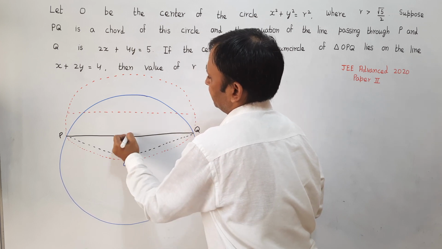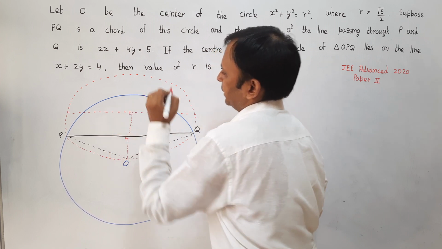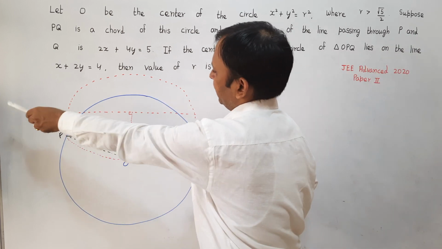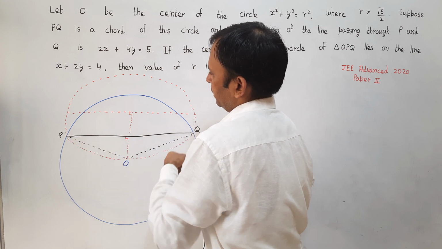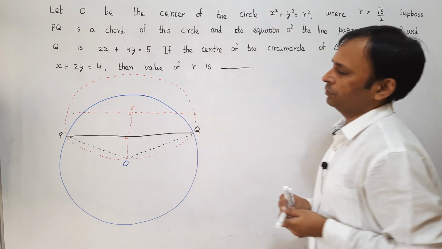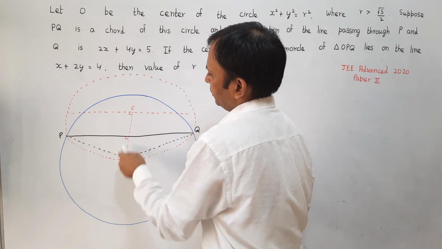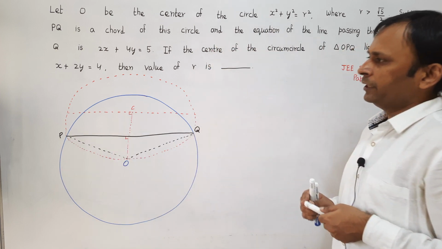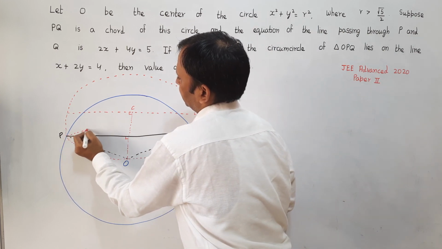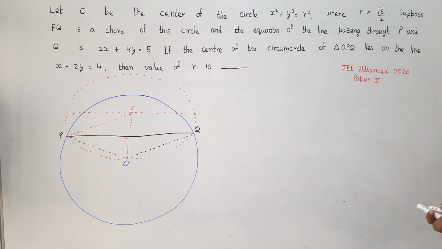And if I extend this perpendicular to here, so this and this, both these angles will be equal to 90 degree. Another important thing is, if I take this triangle OPQ and say this is the point C, which is the circumcenter of the triangle OPQ. If C is the circumcenter of the triangle OPQ, then the distance of this circumcenter from all the three vertices will be equal. That means the distance from C to O will be equal to the distance from C to P. This is one important result which we will be using to solve this particular problem.